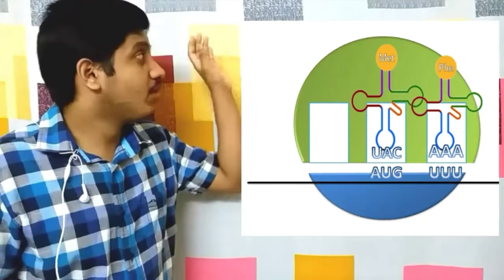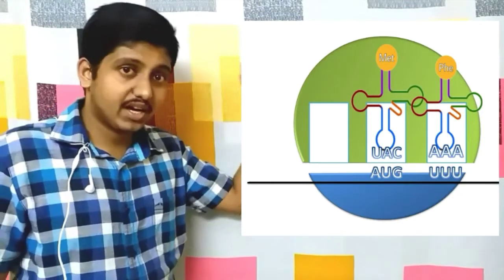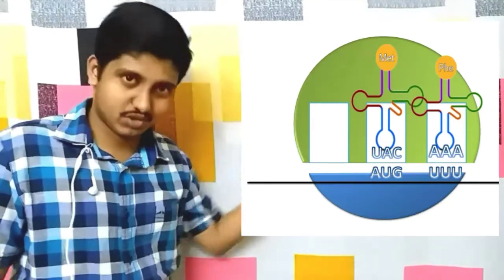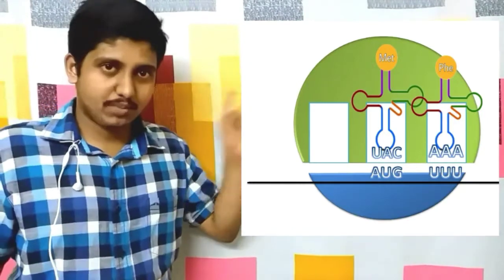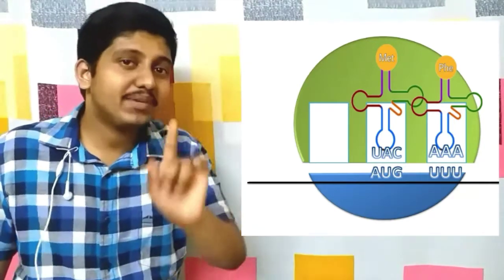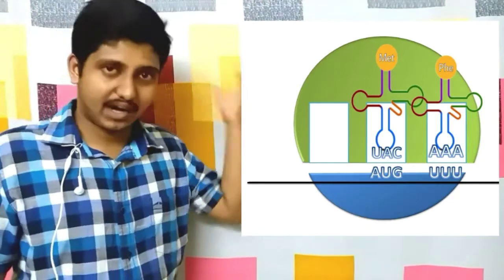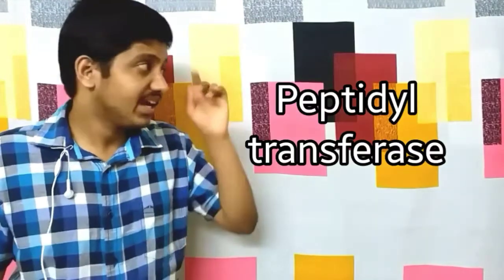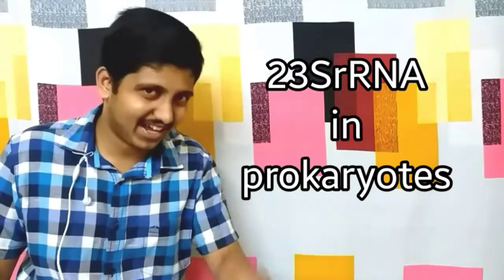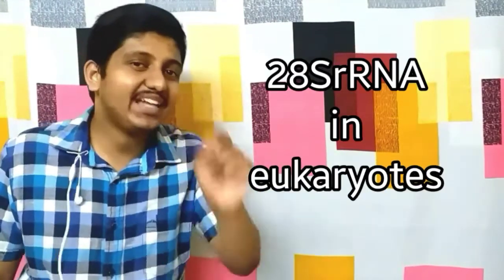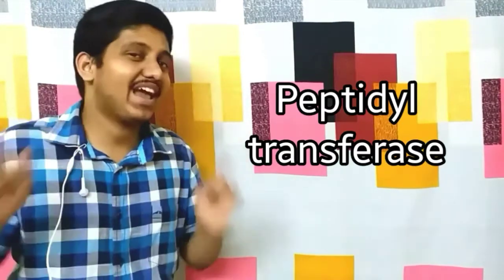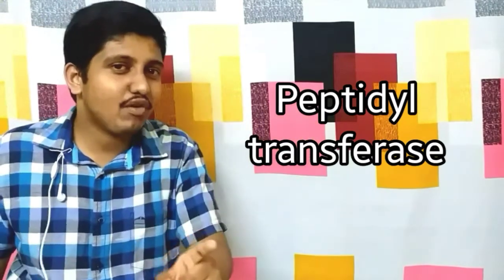Peptide bond has to be formed between this first amino acid and the second amino acid, right? For that, what does the ribosome do? As I have told before, it is made up of rRNA and some proteins. Peptidyl transferase is an enzyme within this ribosome, an rRNA: in prokaryotes it is the 23S rRNA, while in eukaryotes it is the 28S rRNA. So this ribosomal RNA acts as the enzyme, and hence peptidyl transferase is an example of a ribozyme,